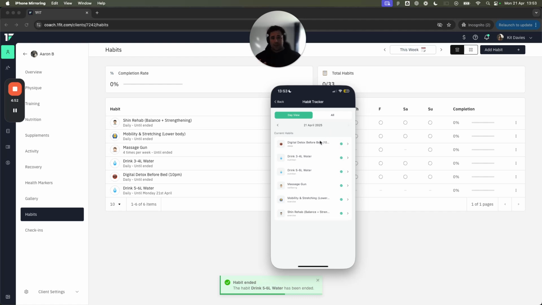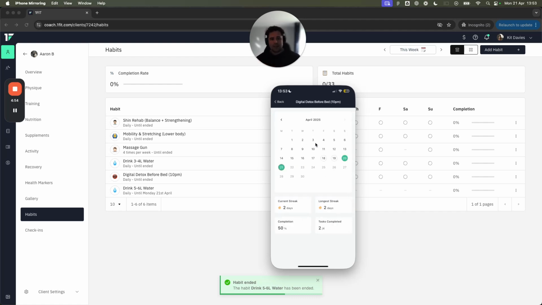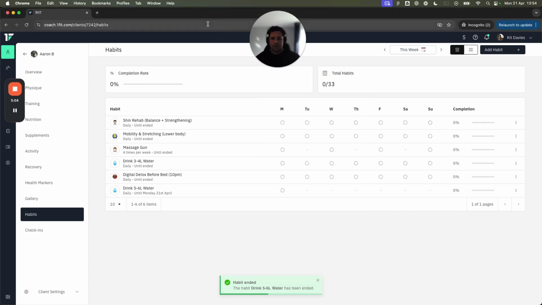And they can also click back to previous days if they forgot to log. If they ever want to see their progress for a specific habit, they can click into it and they'll see every day that they have logged it. They'll be able to scroll back. They'll be able to see the streaks that they're building up. And then you will also be able to see, if I was to refresh this page,